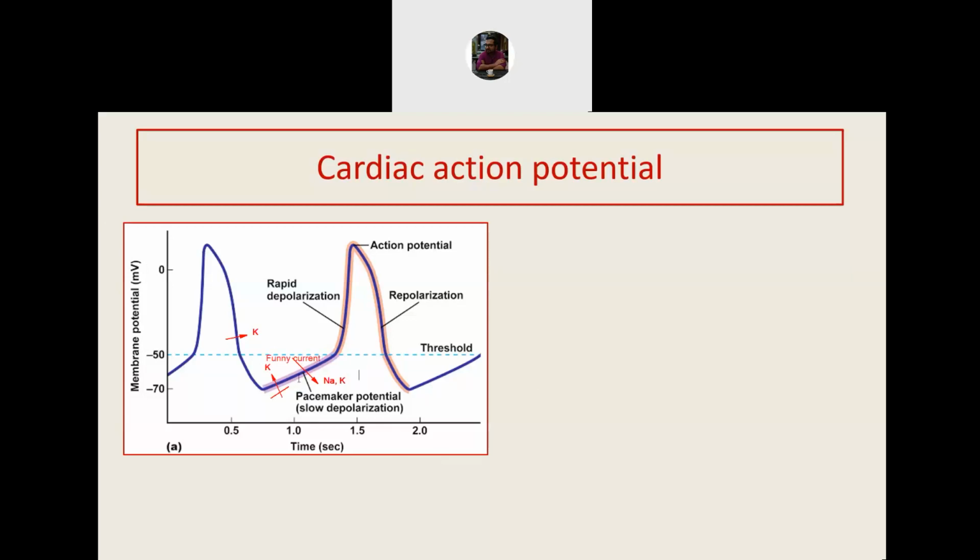Once the potential has moved a bit up, the third and final thing that pushes it up to the threshold level is the entry of calcium ion, which happens through the T-type calcium channels. So the three events that make up the pacemaker potential,